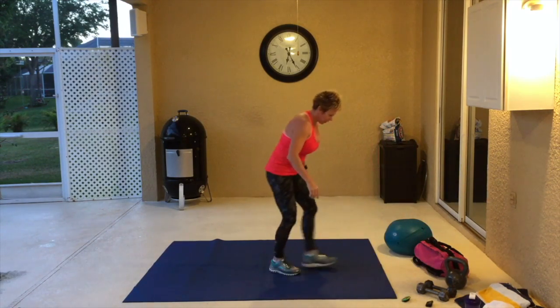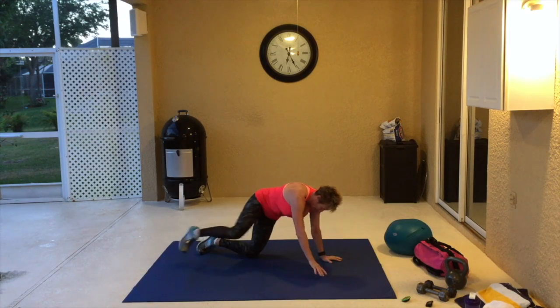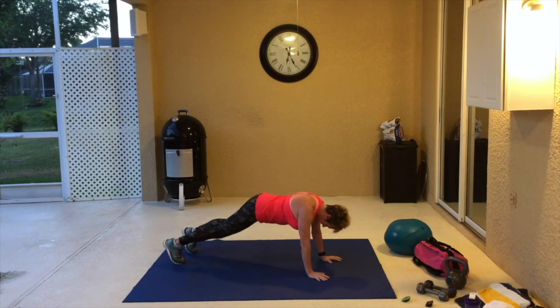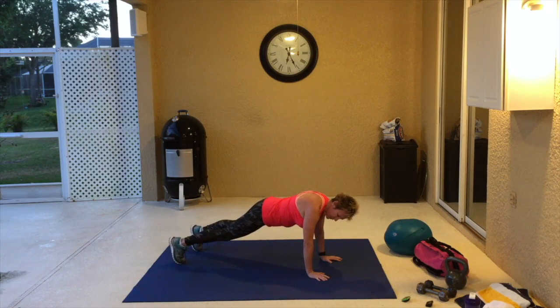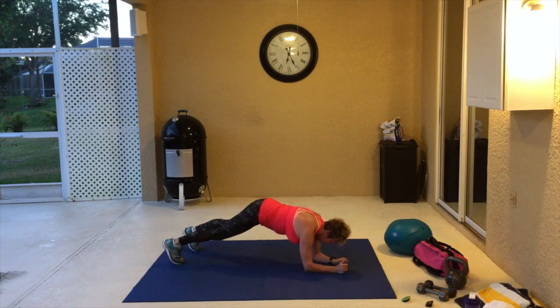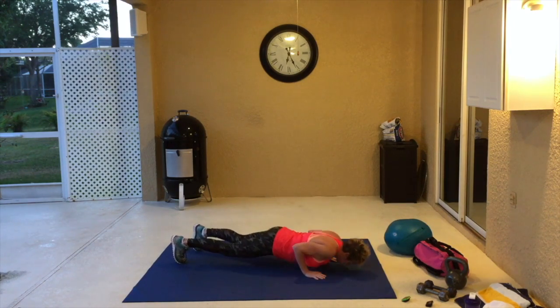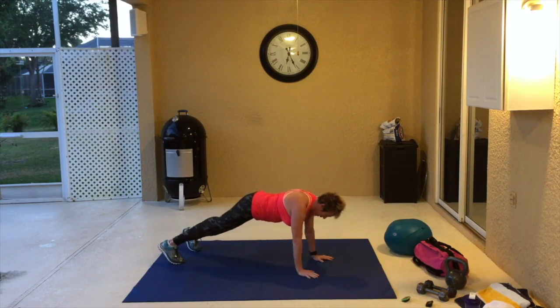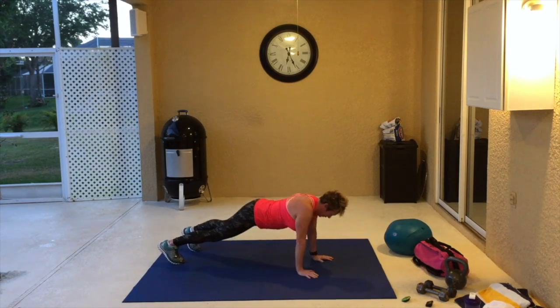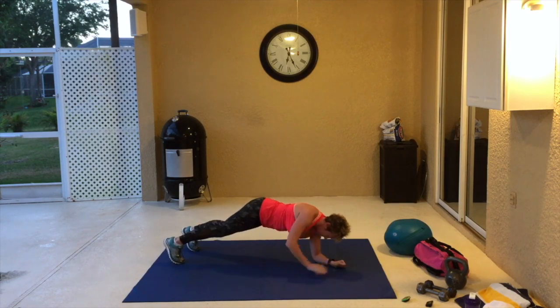Plank down, up, push up. In a plank position, walk the hands down. Hands are under the shoulders. Press out of the chest. Down, up, and a push up. Down, up, push up. Right, left,